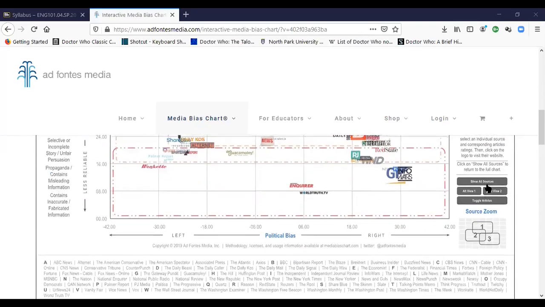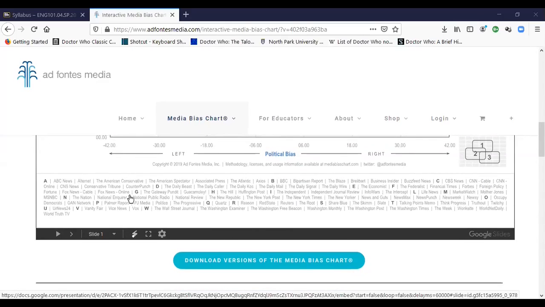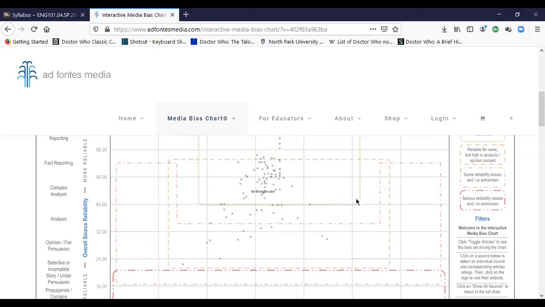And if you go all the way down here, you see this really long list of sources. In fact, it's not a fully extensive list of sources. There are other sources out there, obviously, but let's just see if we can find one and see where on the list it goes. All right, let's try the Washington Post. If we click on Washington Post and scroll up, then we're going to see that this chart is filled with dots. Each one of those dots represents a story that has been reported by the Washington Post.